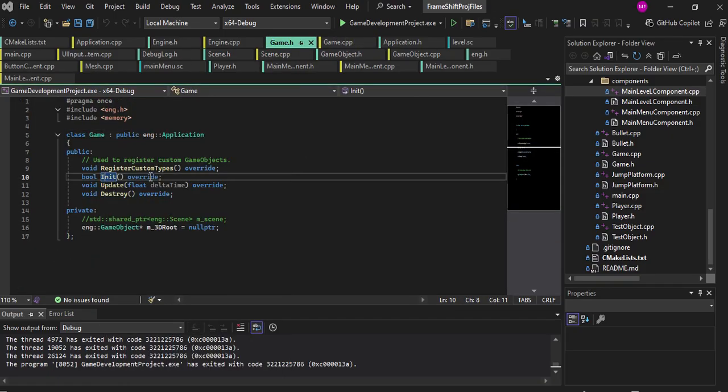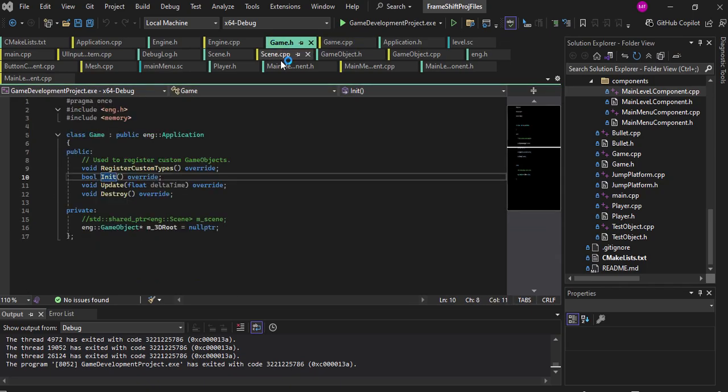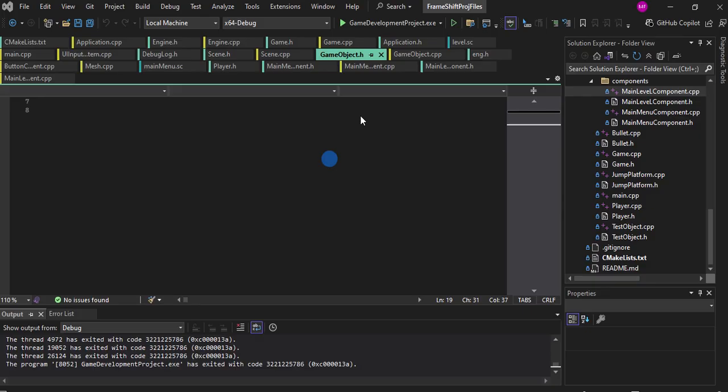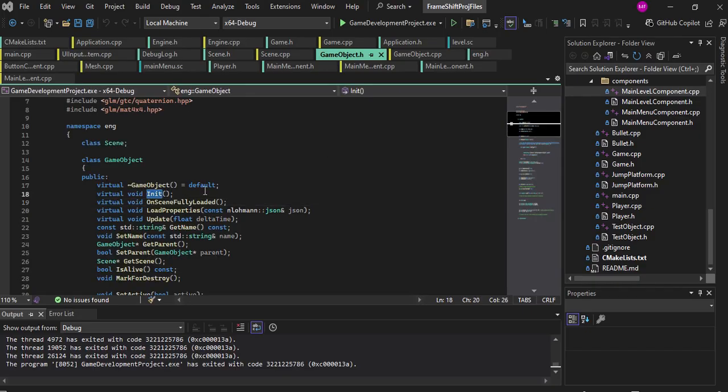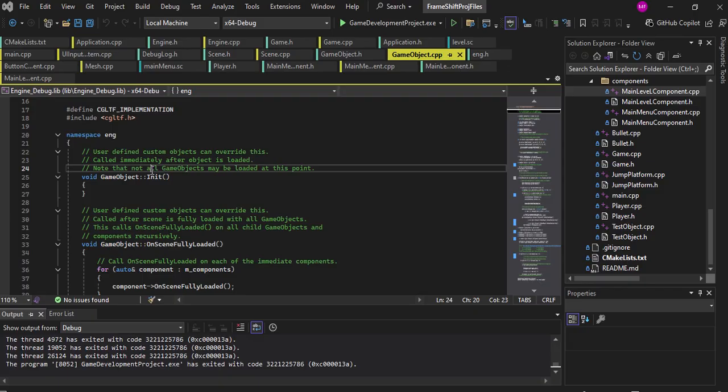Should be able to go to definition, I think. Sorry, not game.h, I'm looking for game object.h, wrong one. Yeah, this is a virtual, so it gets overloaded in any of the derived classes, but we can call init here. However, not all game objects were loaded at this point, so that's why I had to add this OnSceneFullyLoaded